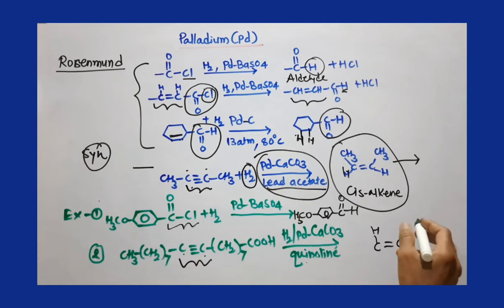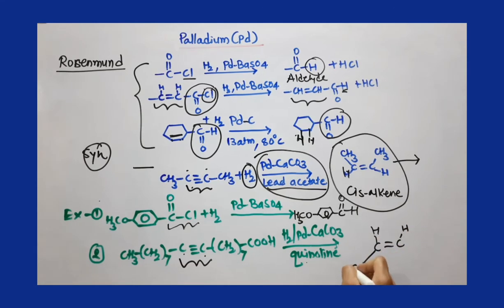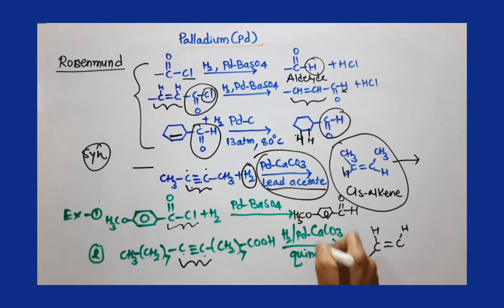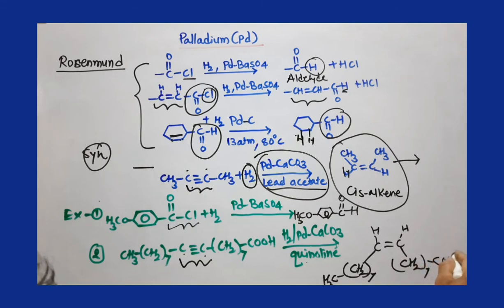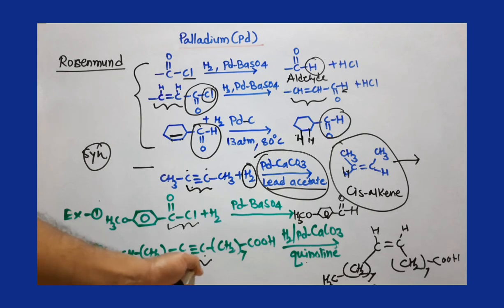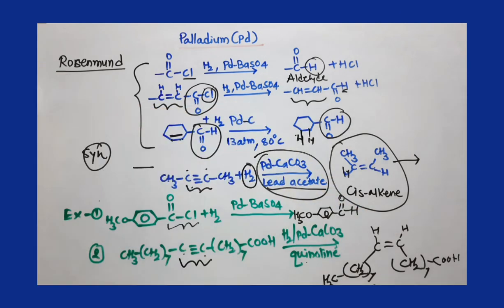And because of that we get the cis isomer, and keep all substituents as they are. So this substituent will be there, and on another side there is this substituent, 7 times, and COOH. So this substituent is there, but you get here the cis isomer. So when you are using Lindlar catalyst, you will get the cis isomer and not trans. And you have to stop that reaction at the alkene stage. You cannot go beyond that if you are using Lindlar catalyst. So in this way you can convert alkyne into alkene, and that will be cis alkene.